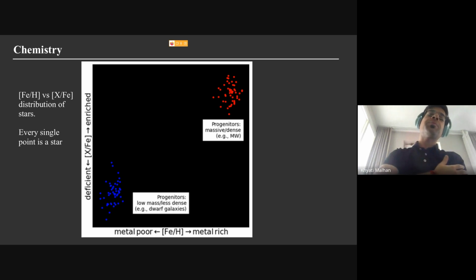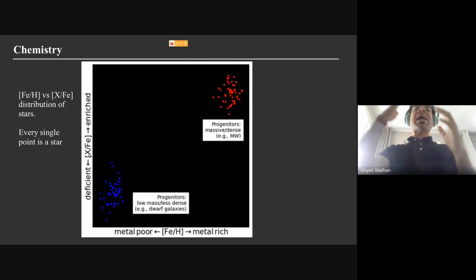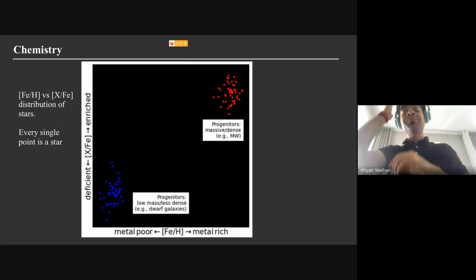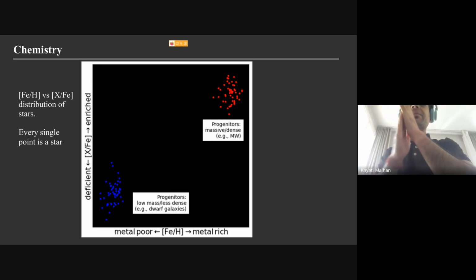Before bringing up the chemistry of Shakti and Shiva, let me just give you this conceptual understanding. On the x-axis we have the metallicity of stars, on the y-axis we have the abundances of stars. By metallicity I mean Fe over H, and by abundance I mean alpha elements over Fe, aluminium over Fe, magnesium over Fe, or all of those elements basically. And the general understanding is that if you have stars that were born in a very massive system,